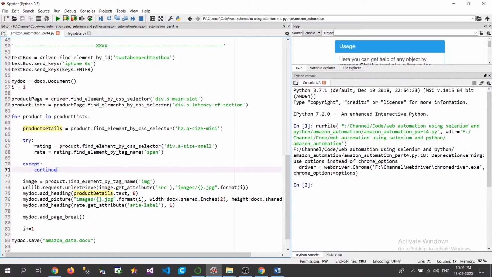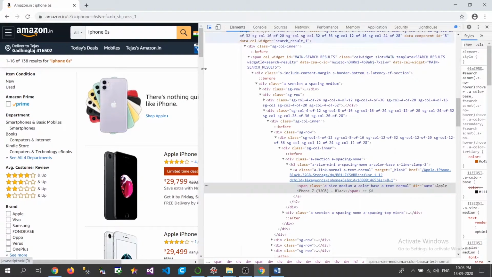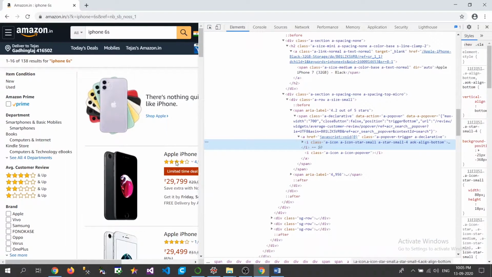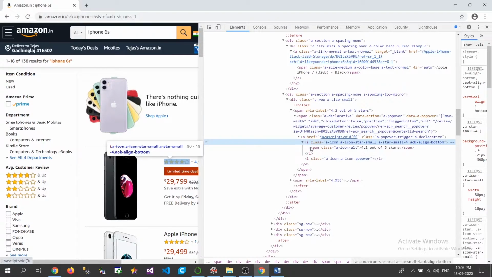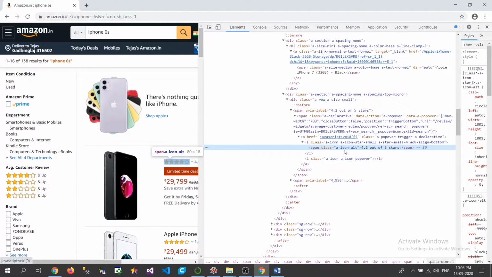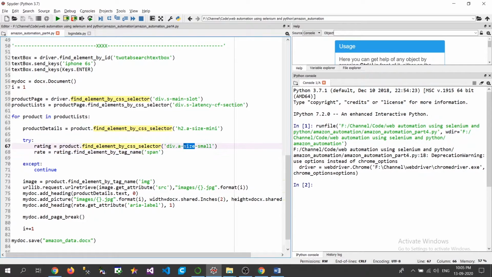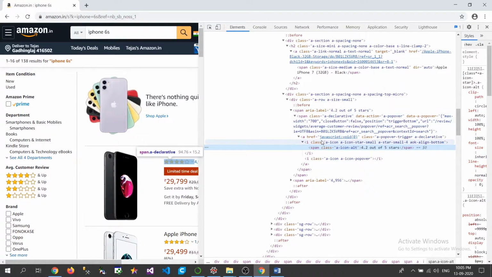Next to that we have used a rating element, that is the element that is responsible for displaying the rating of the product. So we have used that, this span. So once you get the element here, I have actually used this div tag. The reason behind that was this one. The reason behind that was whenever I tried to access the span element, it was giving an error that it was unable to locate that element.